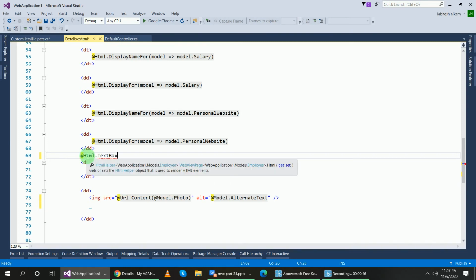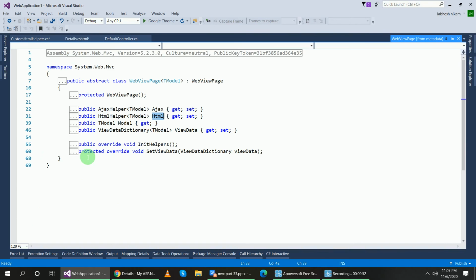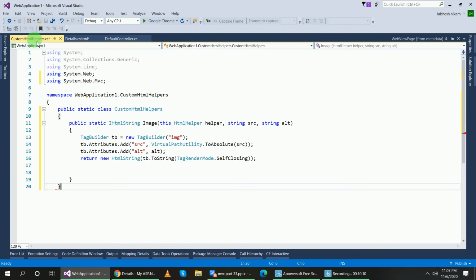So what is this Html? If I go to this Html and press F12, you can see all the HTML helpers are coming from this Html. So this Html contains all of this, and we have used this HTML helper inside of this custom HTML helper.